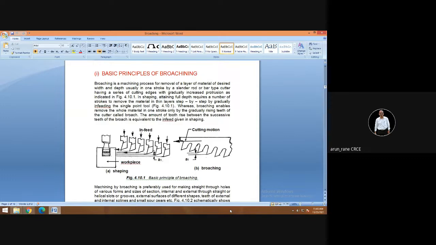It is a broach, the complete broach has to pass. So if I am considering the broach length of 300 millimeter, and if the cutting speed is 7 meters per minute, so 300 divided by 7,000, 7 into 1000, so it will be 3 by 7, so that will come around 3 seconds, and return is 1.5 seconds. So 3 plus 1.5, that is 4.5. So you can take it as 5 seconds.